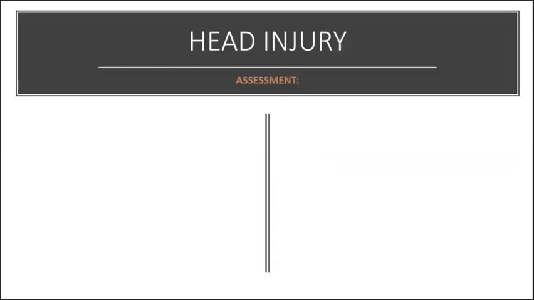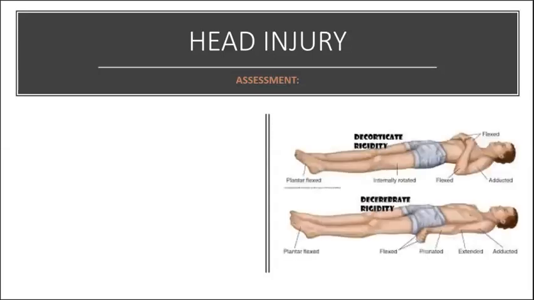They're going to assume either of two types of posturing. Posturing indicates that there's deterioration in the client's neurological status. So let's talk about those postures. We can look at the image on our screen. Okay, so this would be the corticate rigidity or the corticate posturing. Remember, we said posturing tells you there is a deterioration in the client's neurological status, especially when there is head